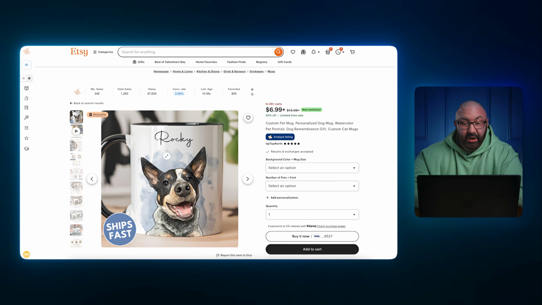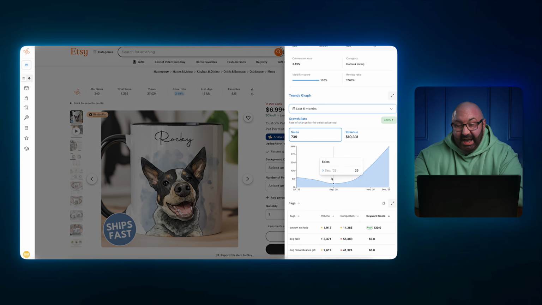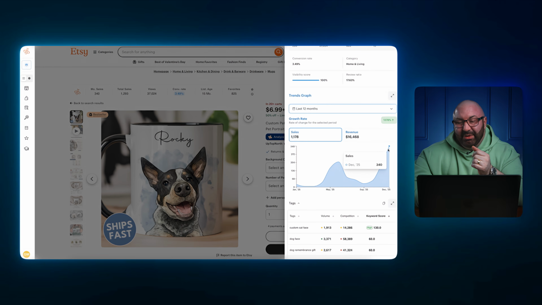And one more right here, 15 months, 1,293. If I analyze this one, go into say 6 months right here, as you can see this dip right here, okay? In September, only 29 were sold. And then 340 in December. November, 176. So going off of this, even if I went to say 12 months, right here, the spike in June was 209. That's for like Father's Day. And also May, could have been Mother's Day or Father's Day. The spike was here, and then again in November and December. This isn't something that sells all year round.